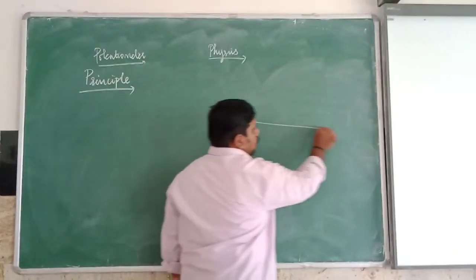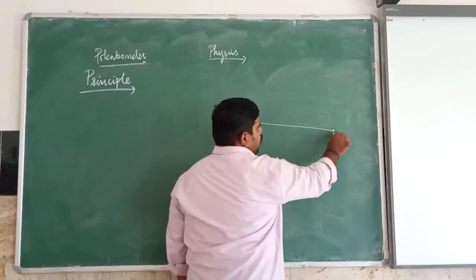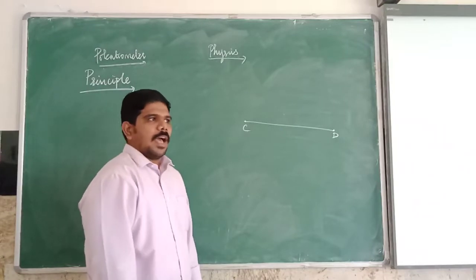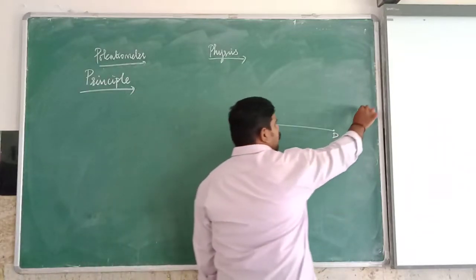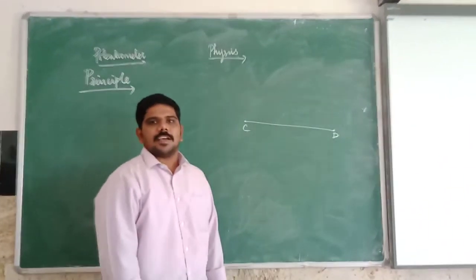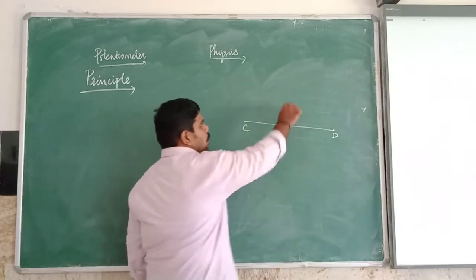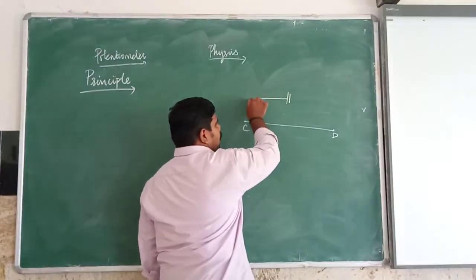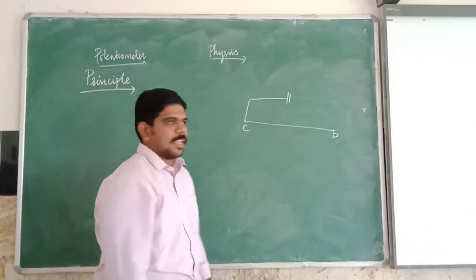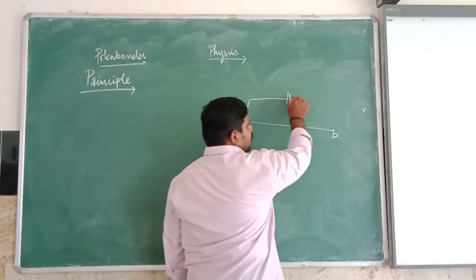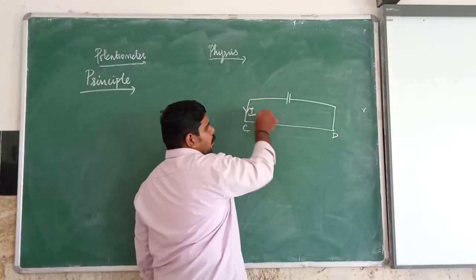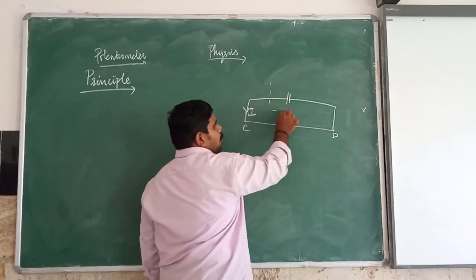Let CD be the potentiometer wire having a small internal resistance per unit length of wire, R. Let the positive terminal of a battery be connected to C, and the negative terminal of the battery be connected to the junction D, which supplies a steady current I. This forms the primary circuit.